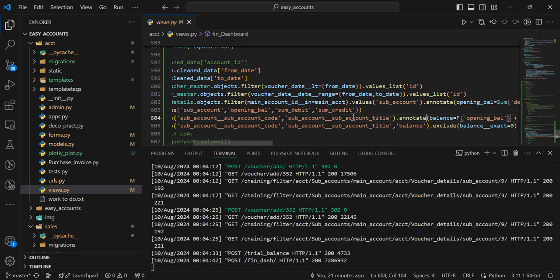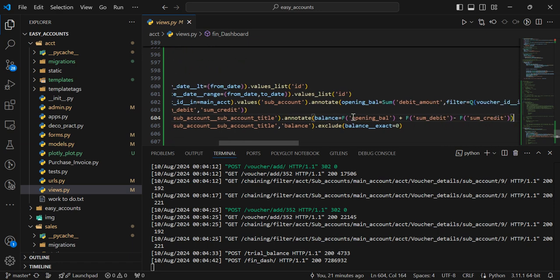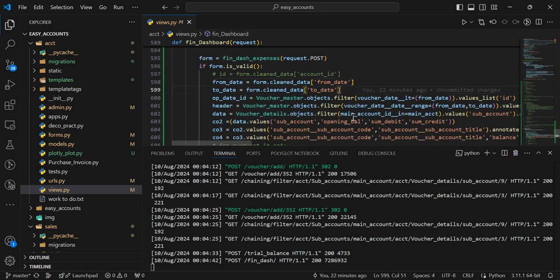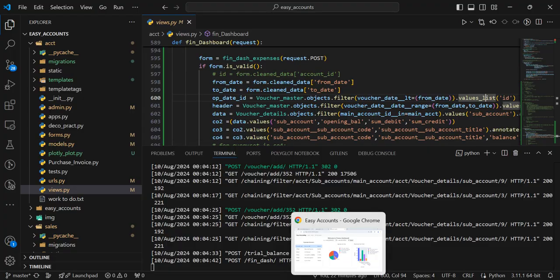So here we are selecting the account code, sub account title, balance, opening balance, debit, credit, and balance, and then we are selecting the columns. This we already saw in our old video. Lookups, what are the lookups? If you didn't see my previous video, you can go there and see how we made the trial balance and how we made the ledger. So there you can easily see lookups. Date range between is a lookup, from date to date, which is entered by the user, which we are taking here,